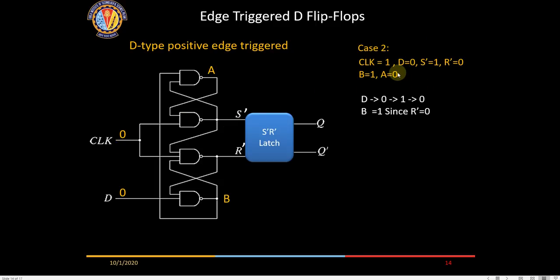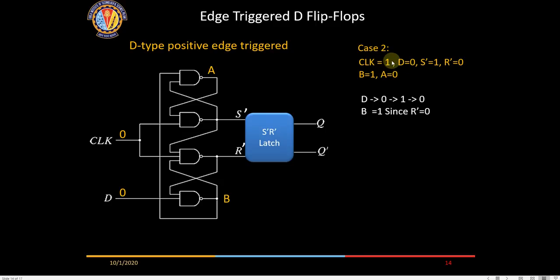Yeah. So, but if clock was 1, then S dash and R dash has to be 1, but R dash is 0. No, clock is 1. Yeah, so if clock is 1, then S dash and R dash will be 1, right? But R dash over here is... No, that will be 1 only if clock is 0. Oh, sorry. Clock is 1 here. Okay, there is an error in this slide. Don't think of 0 out here. Okay, the clock is high.